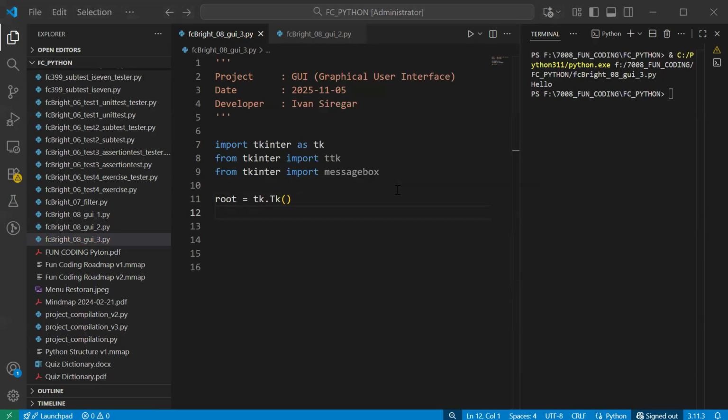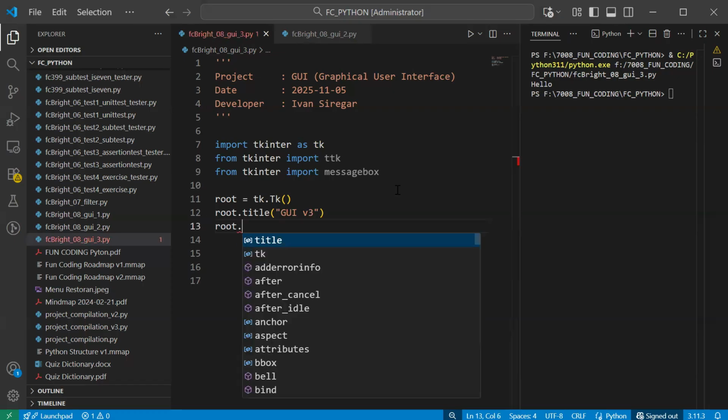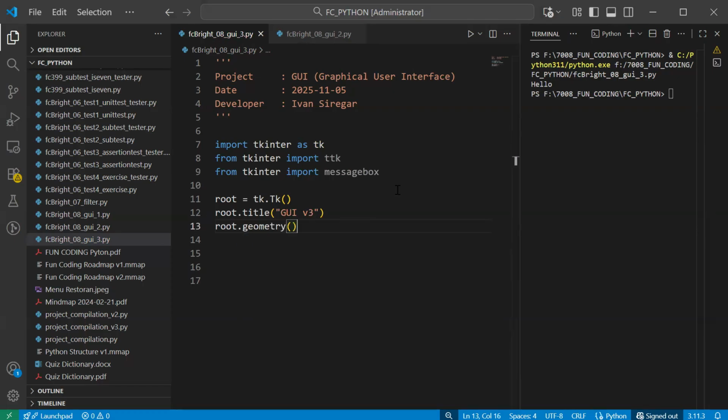Then the title. You put the title as, say, UI version 3, and then you specify the dimension with geometry, as the width, let's say 350 times 200.